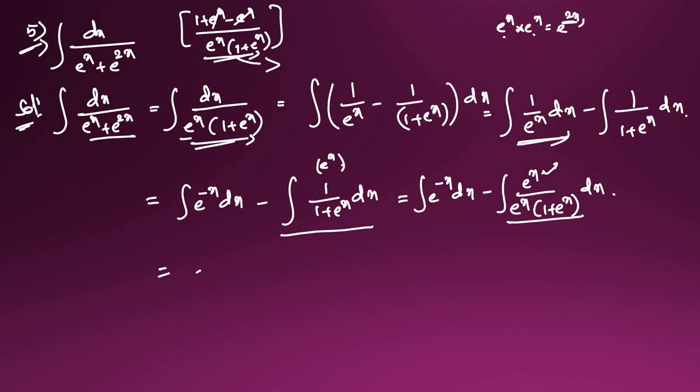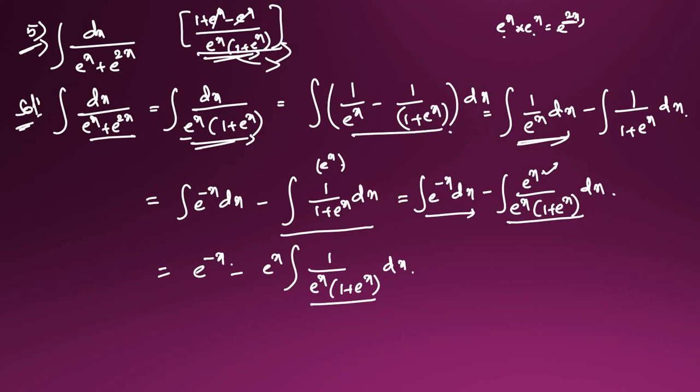E power of x derivative, e power of minus x only will come here. This will be over here, minus this e power of x divided by e power of x. So first, e power of x constant I will write outside, the e power of x integral 1 by e power of x into 1 plus e power of x is there, na, dx there. So this I will expand, like this one will come. Okay, like this one will come. So it will become e power of minus x minus e power of x into this is 1 by e power of x, okay, and minus 1 by 1 plus e power of x will come dx.